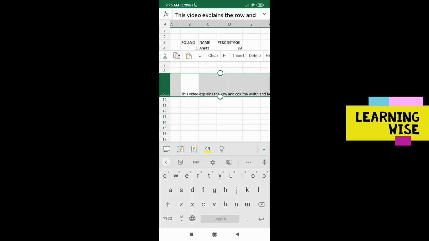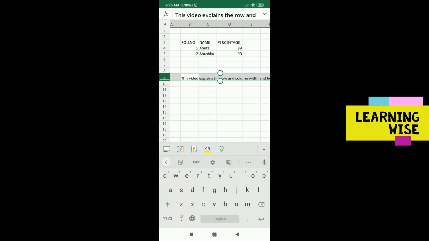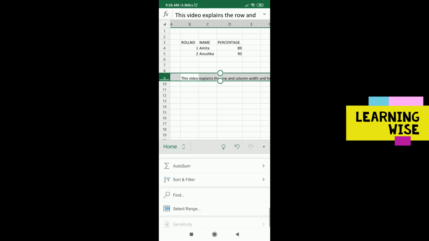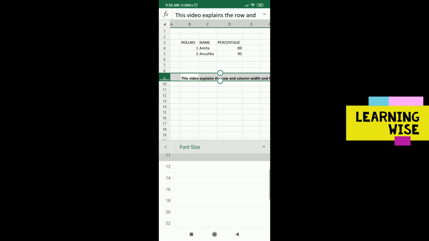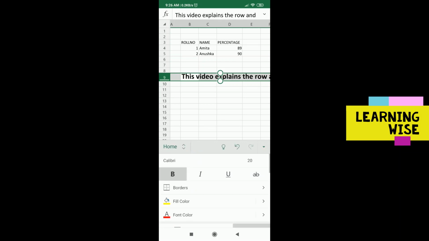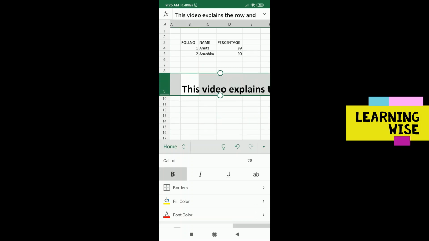Second thing, let us change the size. Okay, let's click here, and let me just make it bold and change the size, let's say 20. Okay, no, even 20 is looking a little less. Let's make it 28. Now see, the content is very huge. In this case, you need to go and drag the row in order to adjust the row height. Okay, so this is the simple way.